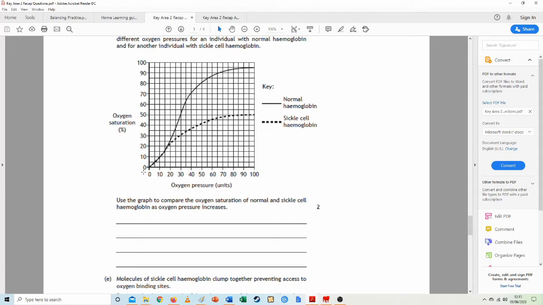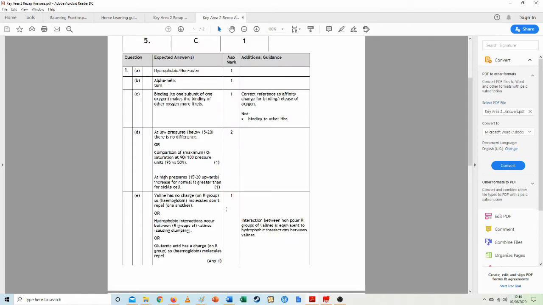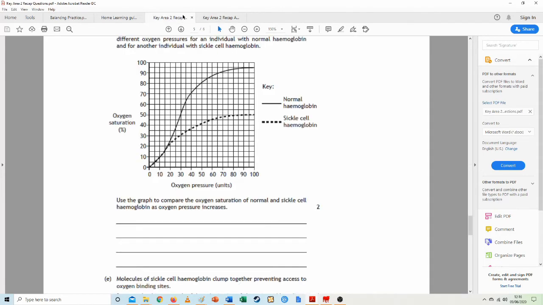So really, it's probably quite difficult for you to follow me saying that verbally, but I am quoting from different sections of the graph, and then I'm highlighting a specific section that's different. So if we look at the answer scheme, you get 2 marks. So you get 1 mark for saying at low pressure below 15 or 20 there is no difference. So that's quoting from the graph that between 0 and 15 there is no difference between normal hemoglobin and sickle